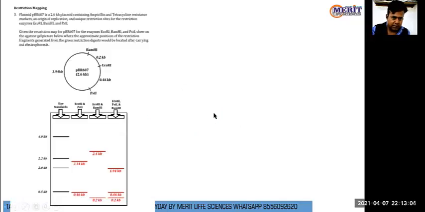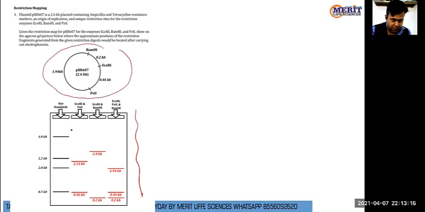Similarly, you can practice. They can give you such a kind of gel also. So based on the gel also you can prepare a map like this. So what you can see, this is the size standard. You do not have to count them. And this is the EcoR1 PstI. You are getting 2 fragments. EcoR1 BamH1, again you are getting 2 fragments. EcoR1 with all combined, then you are getting 3 fragments. Okay, so what is the size? This is